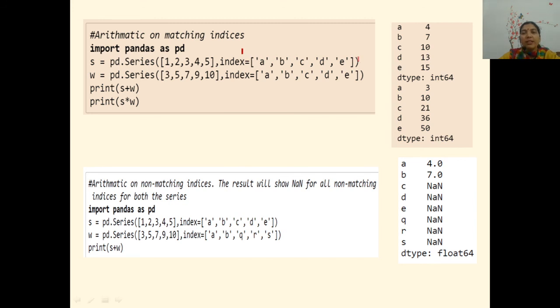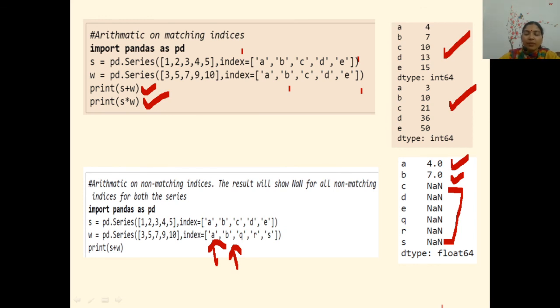इसके भी इंडेक्स हैं ABCDE, W नाम की सीरीज के भी इंडेक्स हैं ABCDE. तो जब इन्हें ऐड या मल्टीप्लाई करेंगे तो कोरस्पॉन्डिंग एलिमेंट्स में एडिशन या मल्टीप्लिकेशन होता है. लेकिन अगर आपने नॉन मैचिंग इंडिसेस दिया तो कैसे होगा? मैचिंग में it will do the required work. पहले दो इंडिसेस मैच कर रहे हैं, रिक्वायर्ड वर्क यानी एडिशन हो गया, and all the others will give you a NaN value because they are not matched. तो वहां ऑपरेशन नहीं होगा, वहां कोई अरिथमेटिक कैलकुलेशन नहीं होगा.